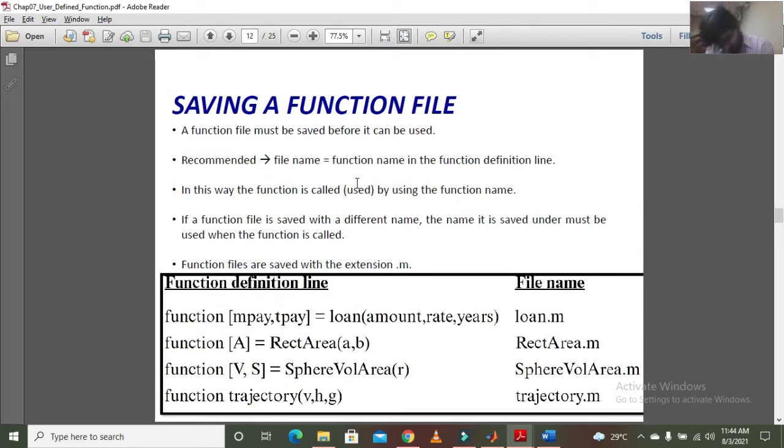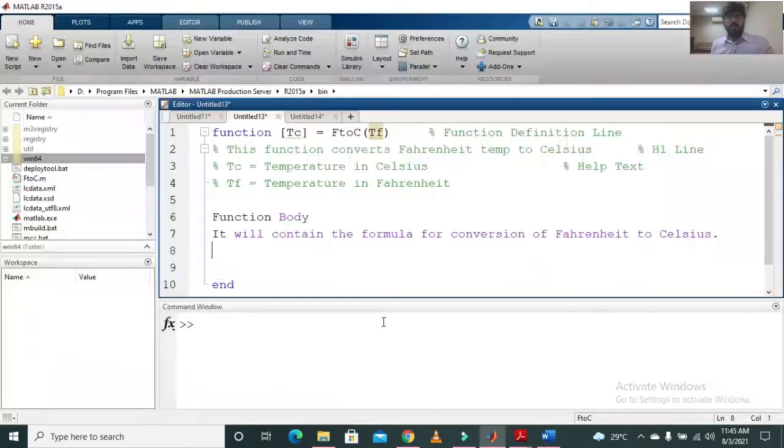Next we have saving of a function file. After making a function file, we are going to save it. You can save a function file just like a script file, but it is recommended that you use the name which I have given this function to store the function file.